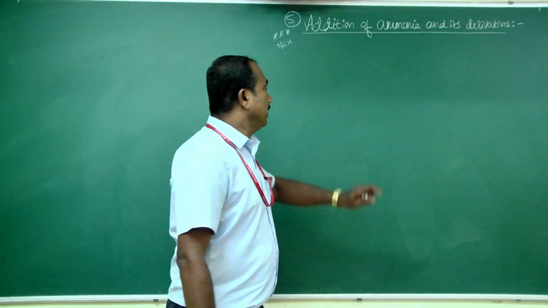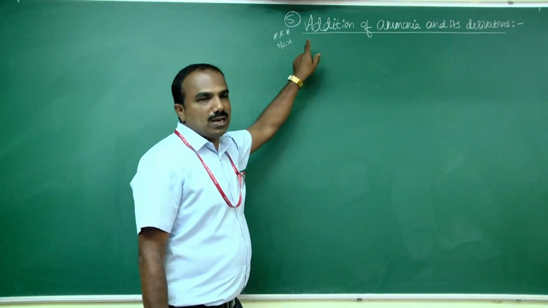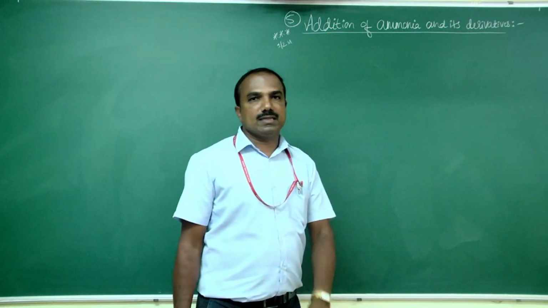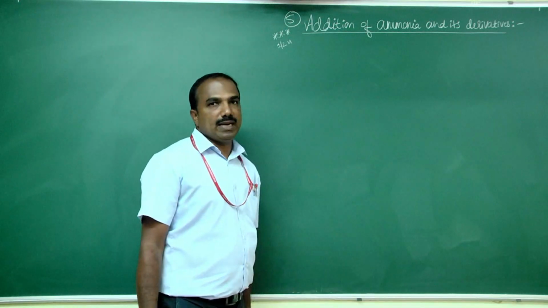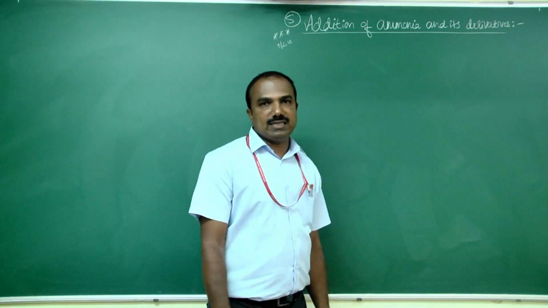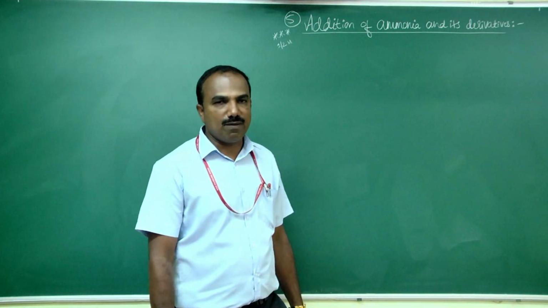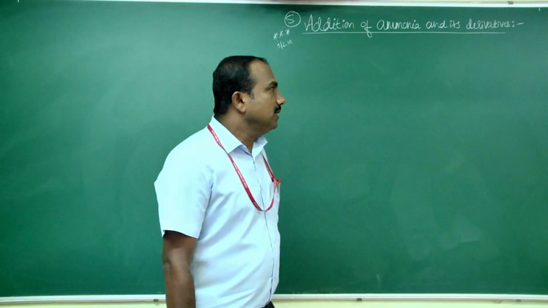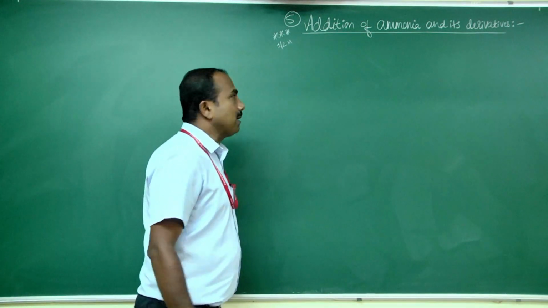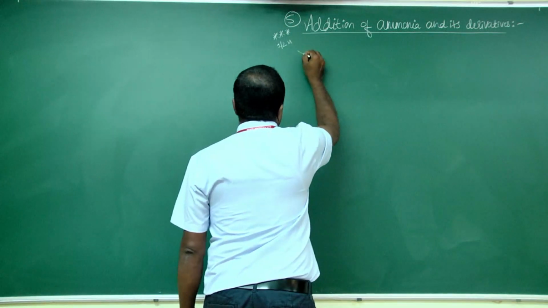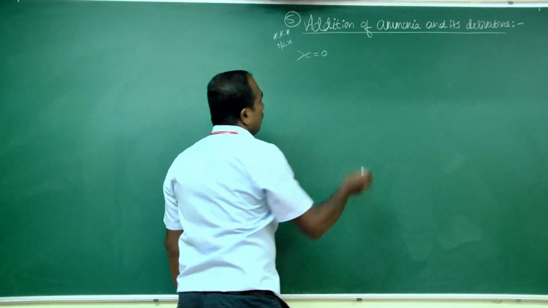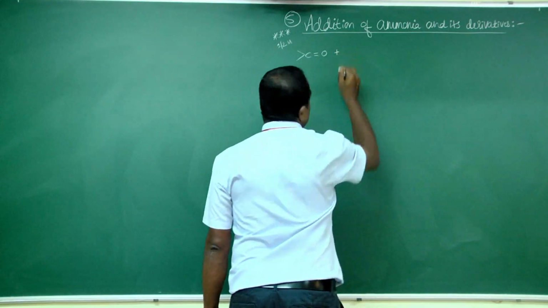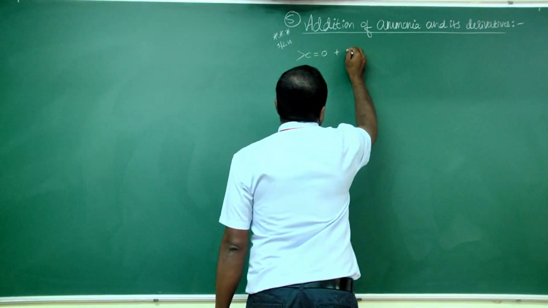Today we are going to continue the reactions of aldehydes and ketones. So the fifth reaction is the addition of ammonia and its derivatives. So carbonyl compounds, C double bond O, add to derivatives of ammonia, that is